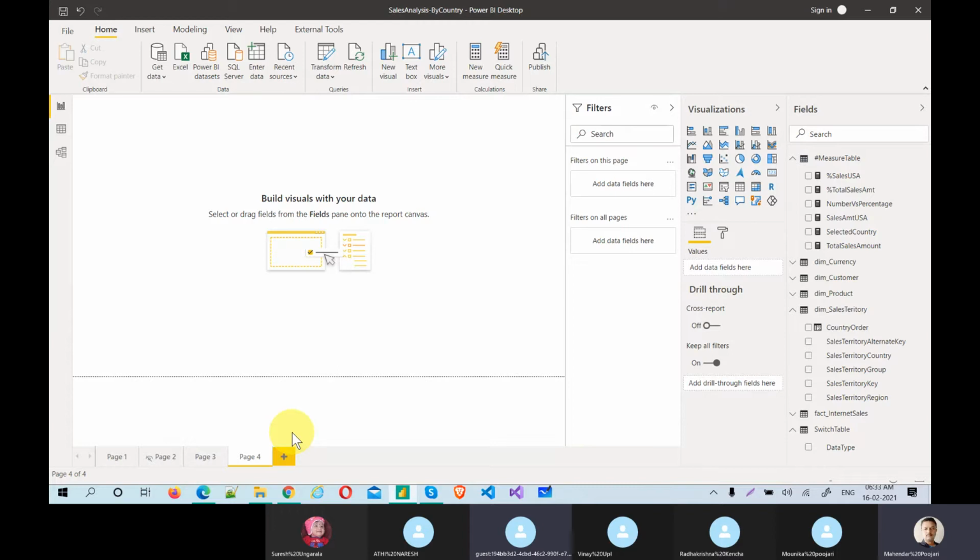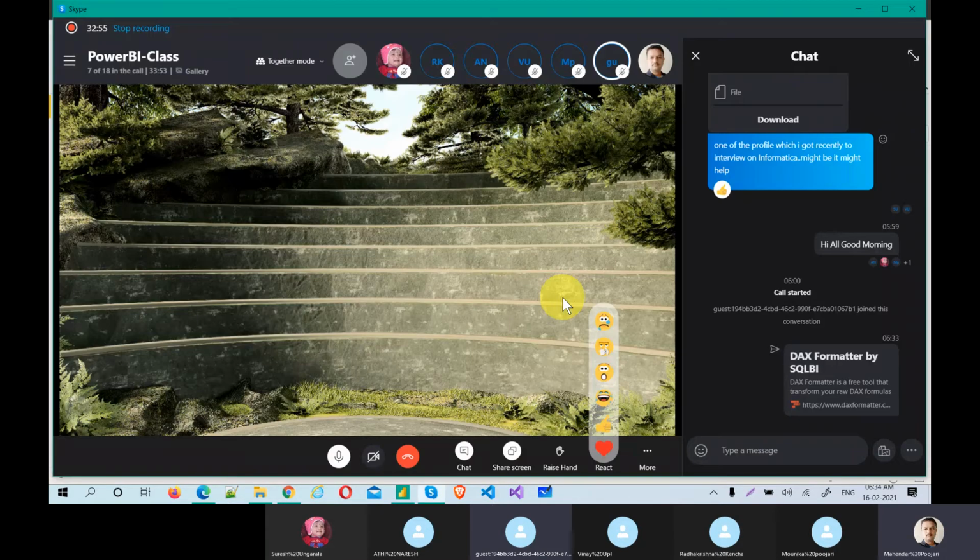I would like to show some slicers in a wide variety of formats, like list, drop down, vertical, horizontal, different types of color changes, header off, title. What is the difference between a header and title? All those things I would like to show in the formatting pane. Do you want this or resume? Just type whatever you want to proceed with.